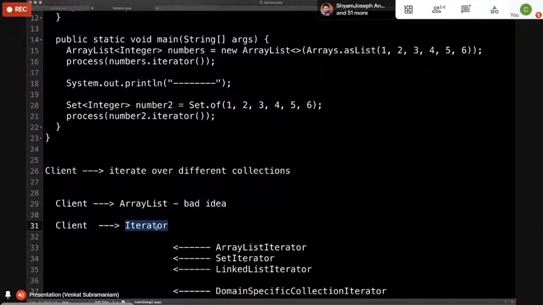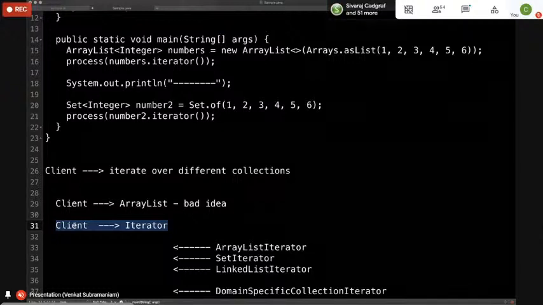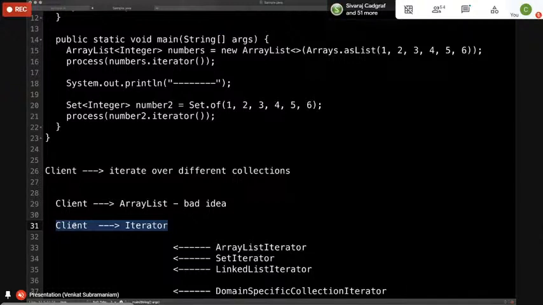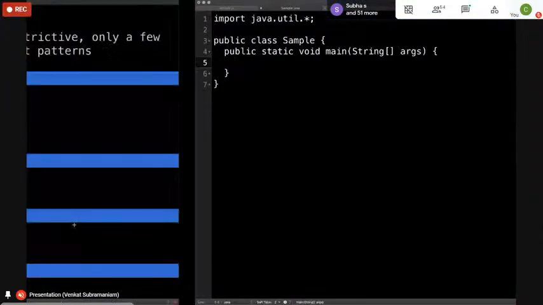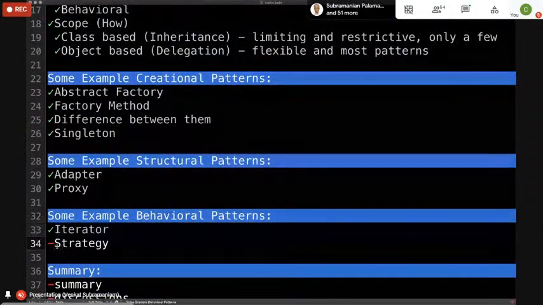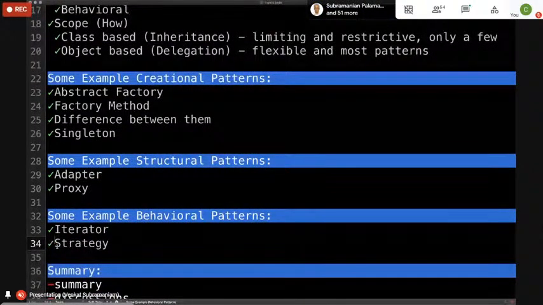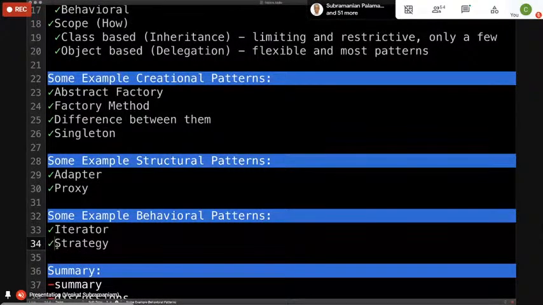Essentially here, the iterator gives a way for you to iterate, and it makes the client code extensible. It decouples. It honors the open closed principle. It uses the dependency inversion principle, and you can have different implementations, but it can uniformly iterate over them. Your algorithm here is iteration. That's what you're doing with the iterator pattern. Likewise, a strategy is where you might want to change how you do certain things. I'll give you an example of strategy.